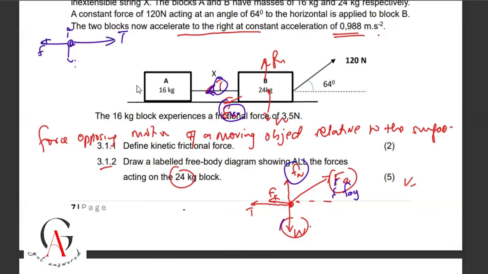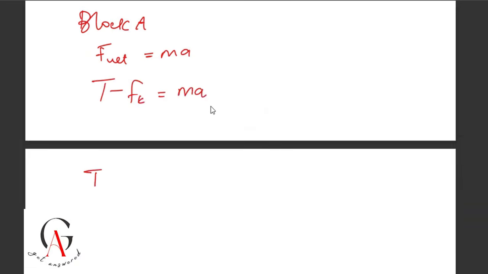So let's start with A. From block A, you know that F net is equal to MA. The force acting there is just the tension minus the Fk, which should give us the mass times acceleration, MA. Tension, we don't know. Minus,